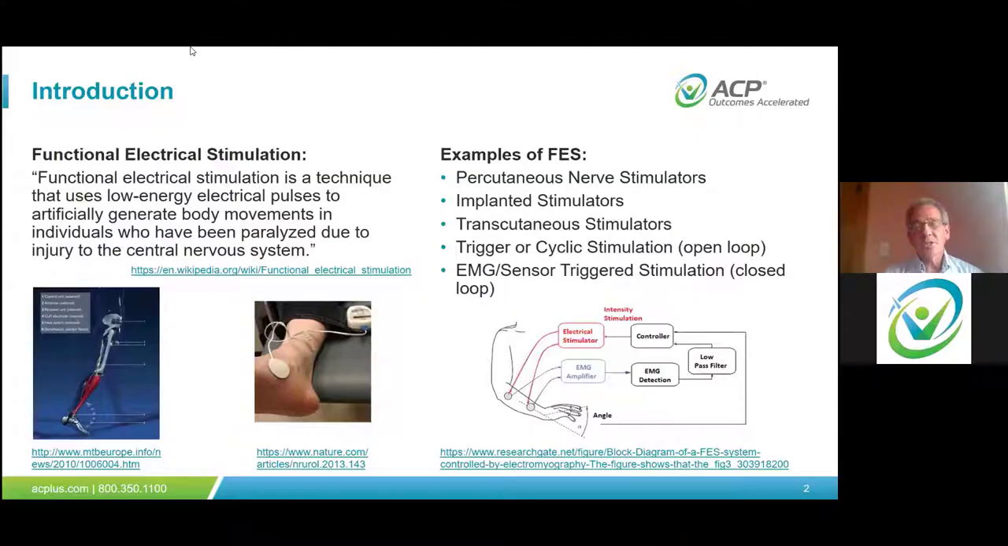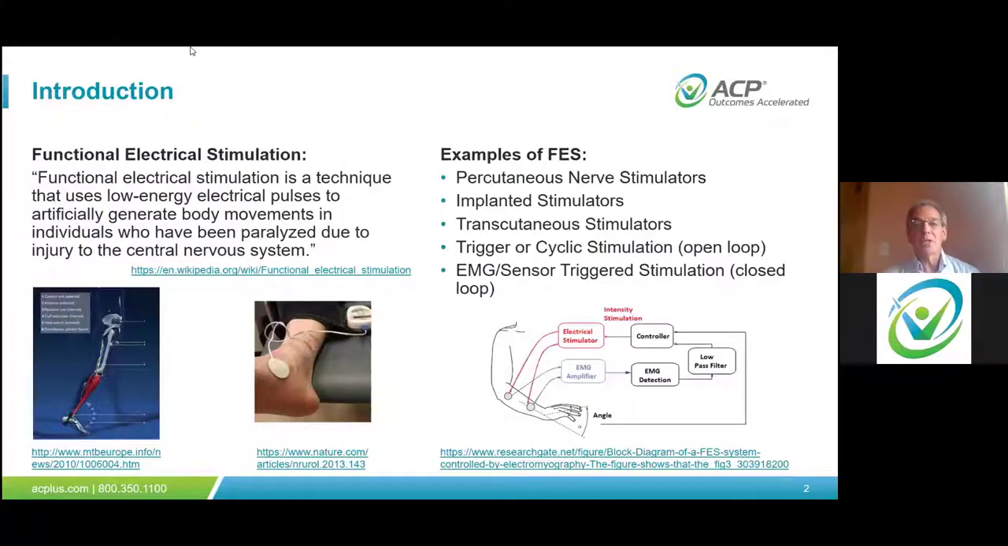And there's a few reasons why I think that may be of value to consider. To begin with, just as a simple definition, functional electrical stimulation, according to Wikipedia, is a stimulation technique that uses low energy electrical pulses to artificially generate body movements in individuals who have been paralyzed due to injury to the central nervous system. And without a doubt, that definition sums up most of the research that's available with regards to this technique. But I would say that that may be a little bit narrow in terms of the definition of